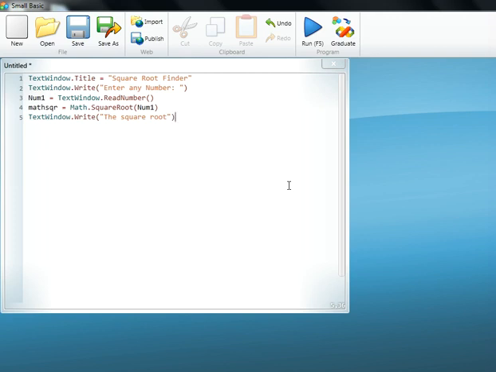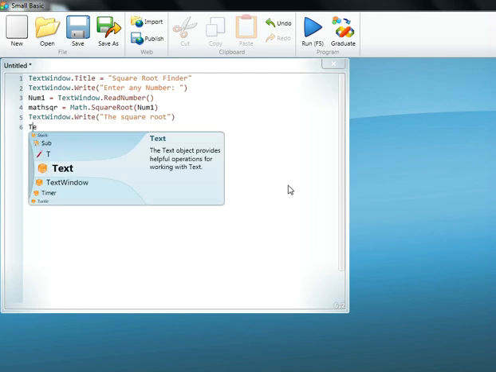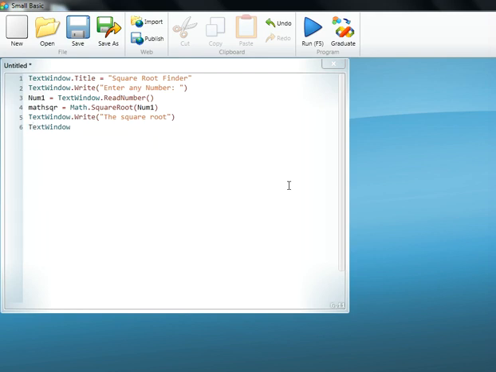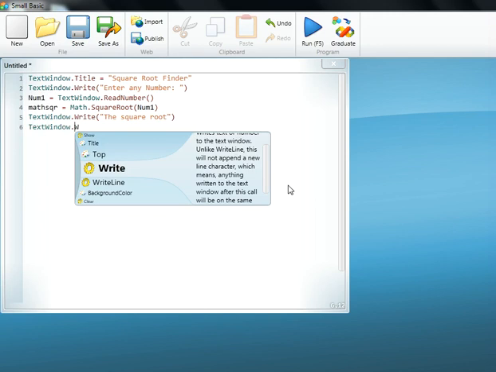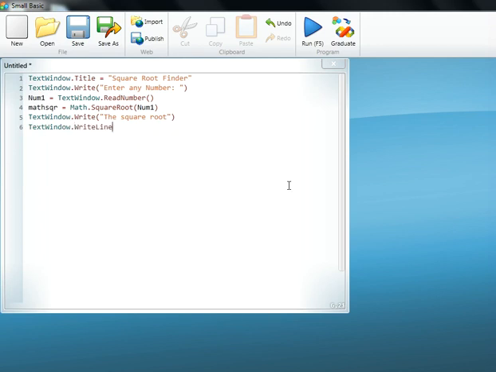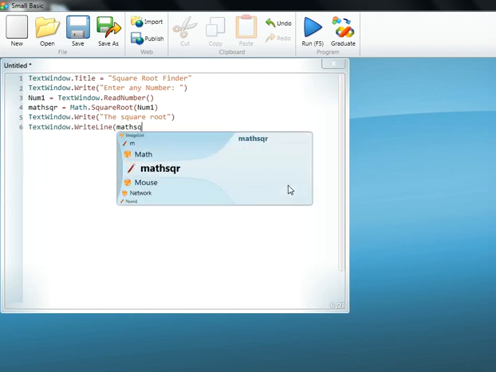So this is where the difference and catch is, and here usually I would have put an If, but I would again put a TextWindow.Write statement. Here I'll put a WriteLine, and in this bracket I would not put any quotation marks and all, and instead I would just put mathsqr,